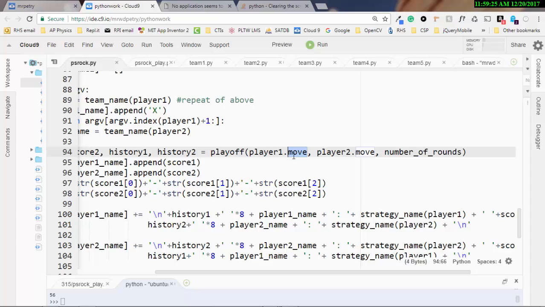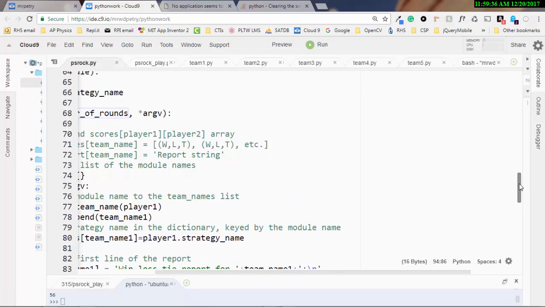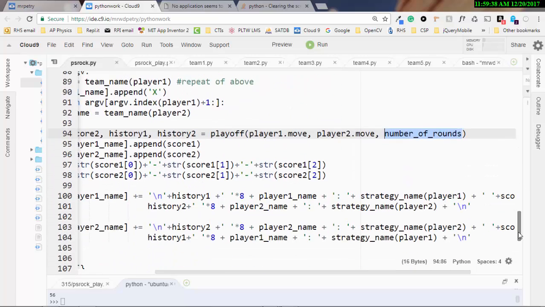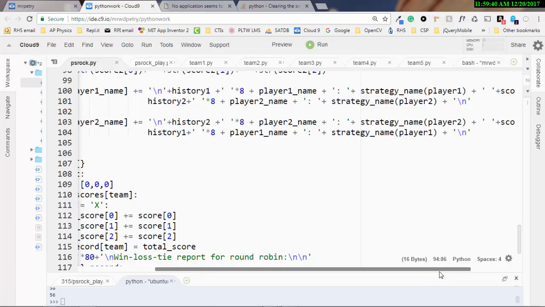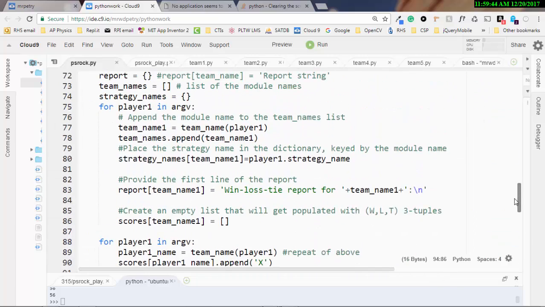So here, we're going to go look at playoff here in a second, but we're sending the two players their moves actually and how many rounds. Now remember, number of rounds was sent to us, and in the case earlier, we figured out it was 20, right? So we're going to go to playoff. So let's go ahead and scroll upward